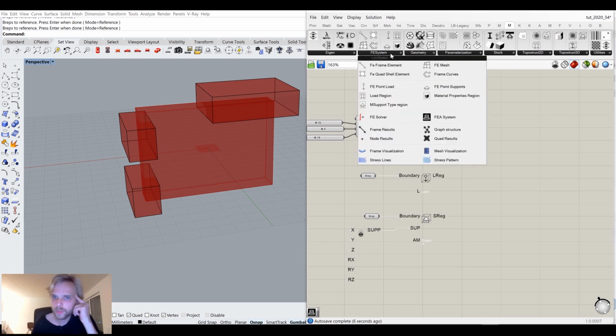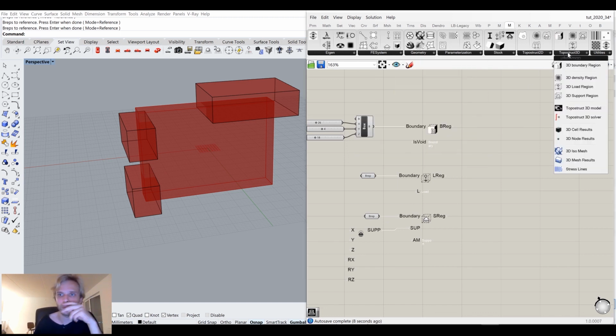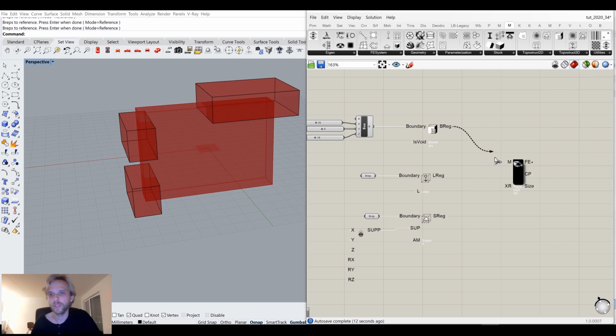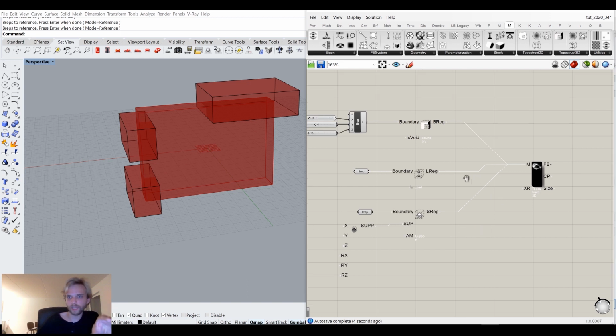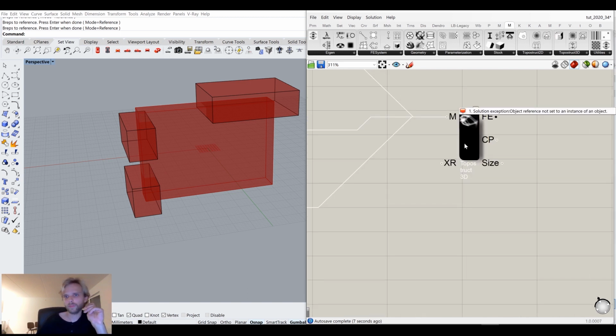Okay, so now we don't use an FEA system, rather we use the TopoStruct 3D model, right? Let me connect all 3 of these guys here, right? So everything is merged. We have a system now. And it asks us for,